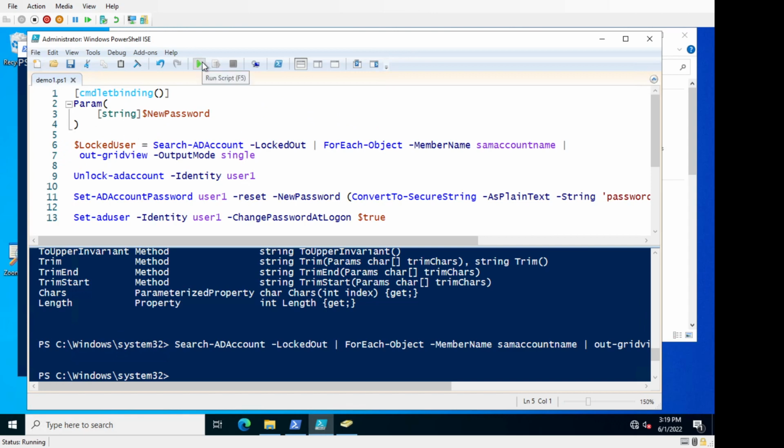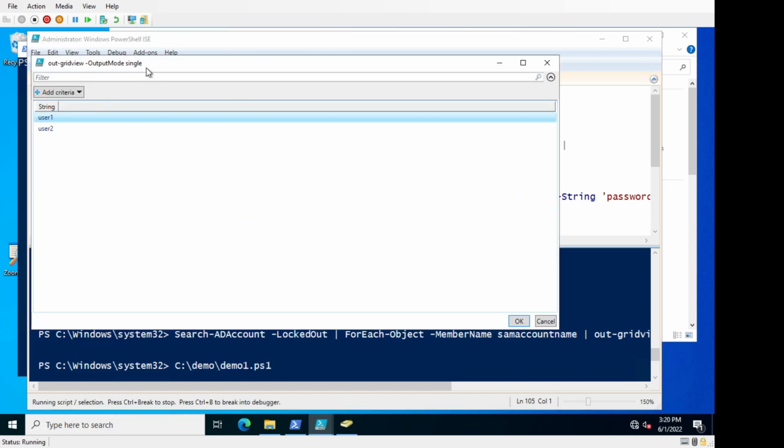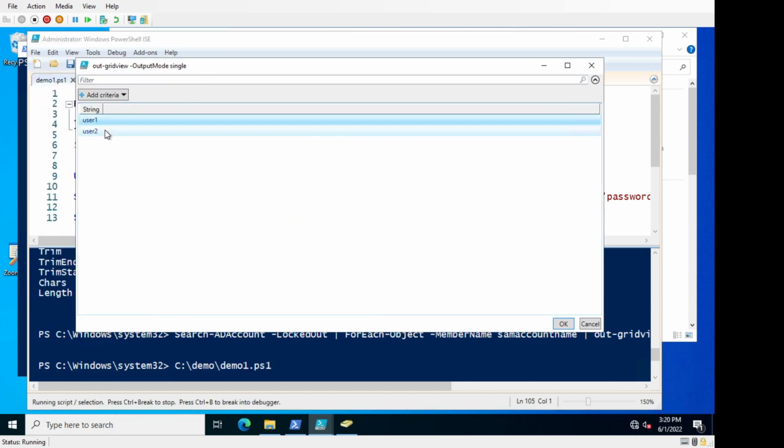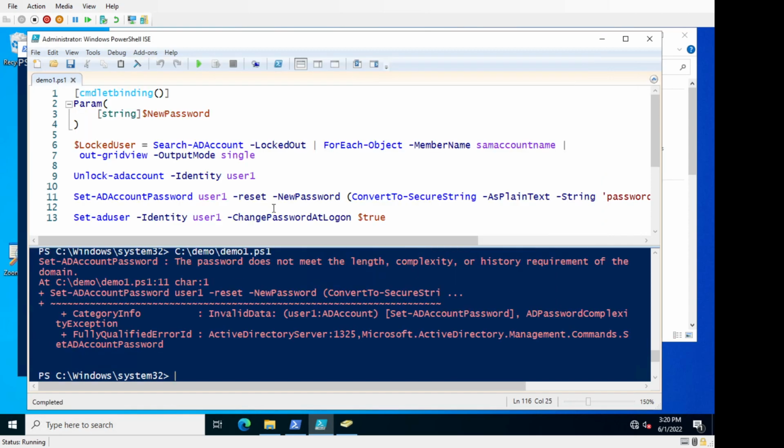So if the script is run, to start with, it pops up this dialog, allows me to pick the user who I want to unlock, hit OK. I'm not going to do that right now, but if I hit OK, that would put that value into here. Now all we want to do is work with that. The next line, Unlock-ADAccount, is an easy one. Who do you want to unlock? Whoever's in that variable,